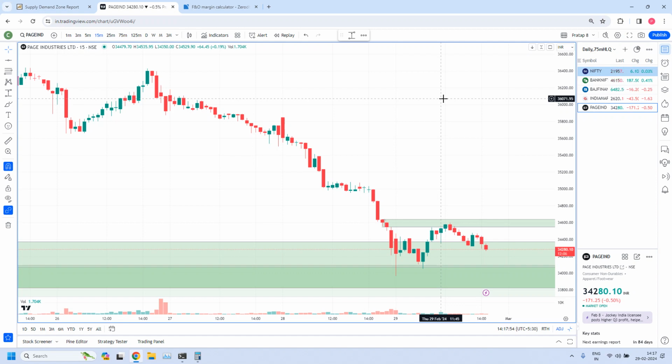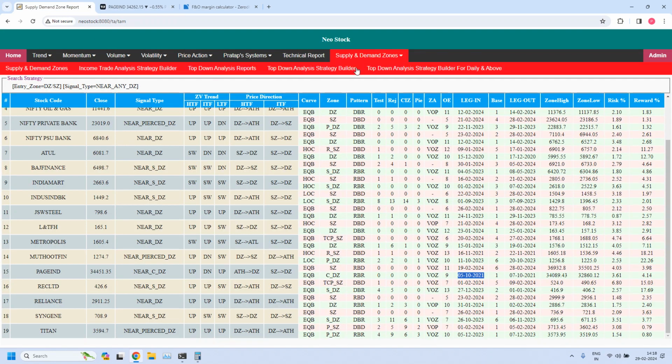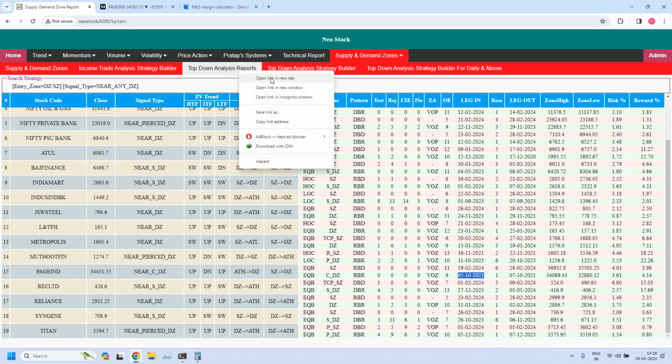In NeoStock, we have a special feature called supply demand zone chain. Last Sunday we analyzed Nifty 50 using the supply demand zone chain. After that I generated a report for Nifty and Bank Nifty also, but I told you to analyze on your own. But I gave you the report. With that help, we can identify whether there is any valid 5-minute demand zone available in this area. So let's take the help of NeoStock. In NeoStock, we have a top-down analysis report. Here we can find,